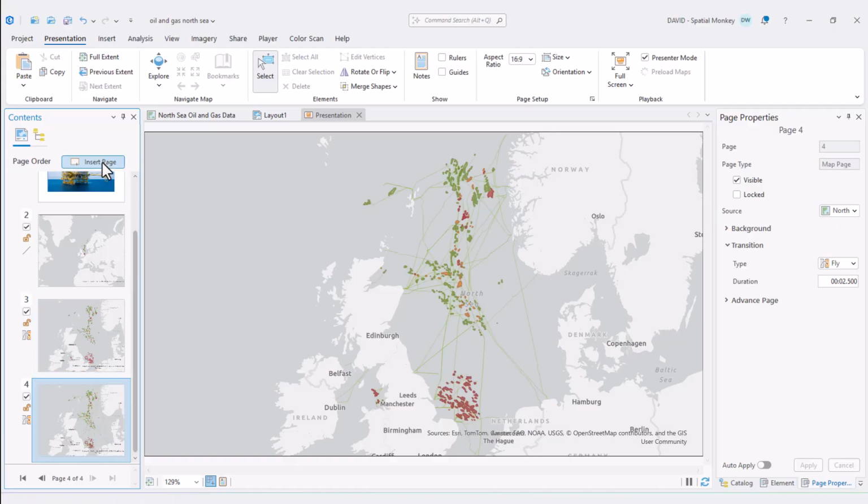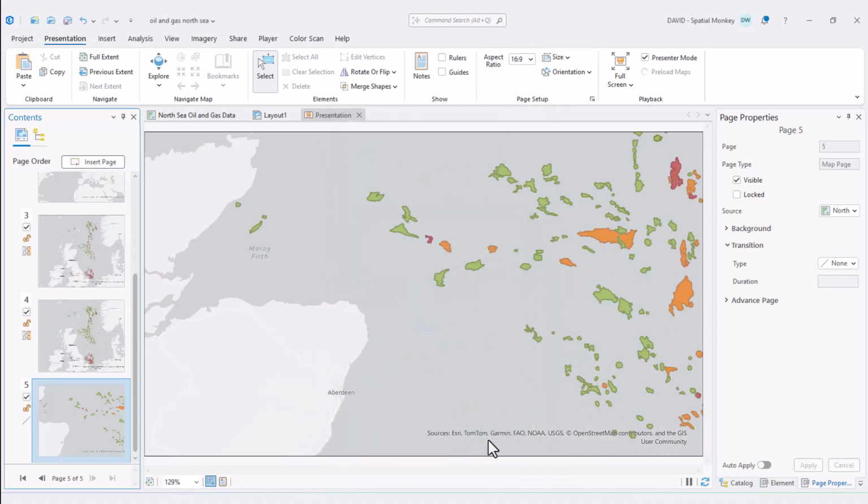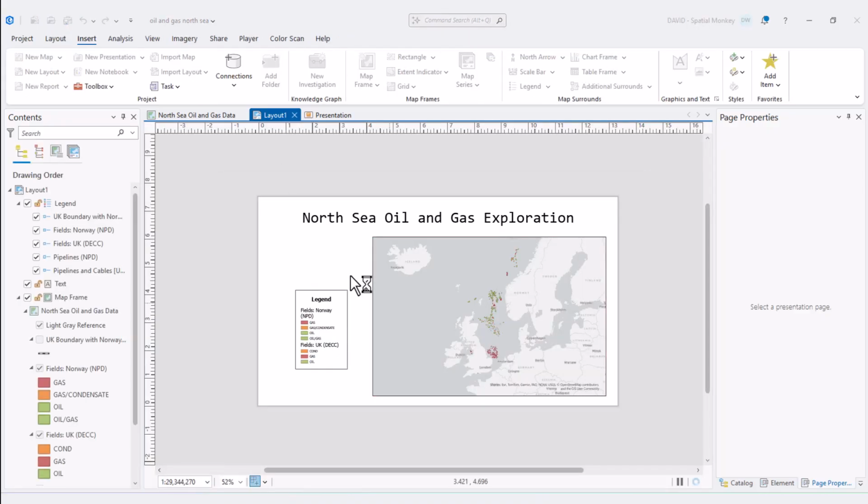So let's just add another page and zoom in further. Now there doesn't seem to be a way to add a legend, and this is Pro 3.6. More functionality might be added later, but I couldn't see how you could do that. And you can't add a layout view as a page either. So what we can do though is we can go to a layout with a legend already added, and we